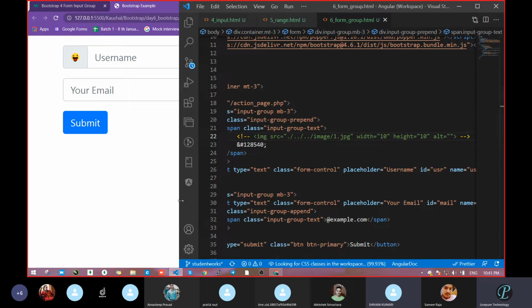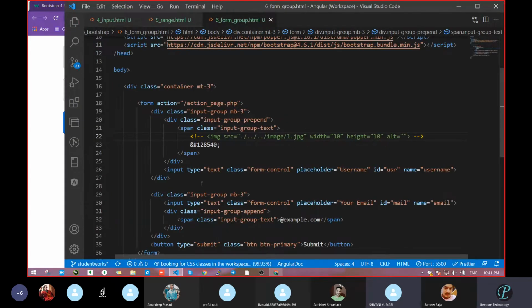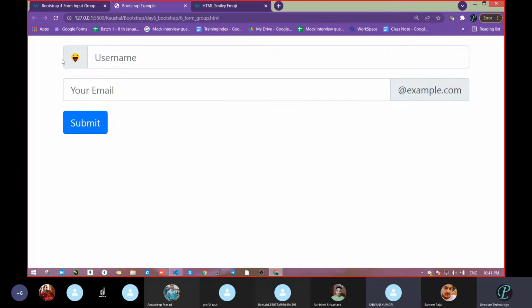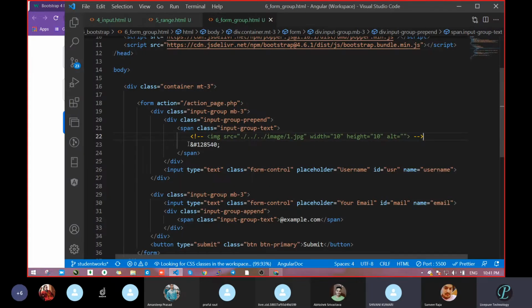Now let's move to the code, how we had done this, because the main thing, the main concept, is how we got this box and how we pass the value. So let's see. We know the input group, the form group, that one we had done. So here it becomes input group. Next is the input group prepend.